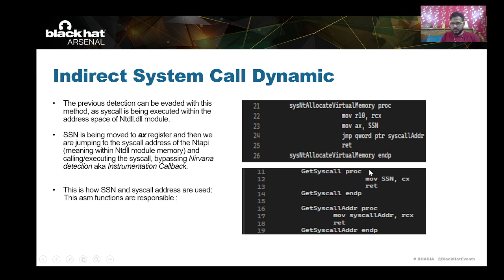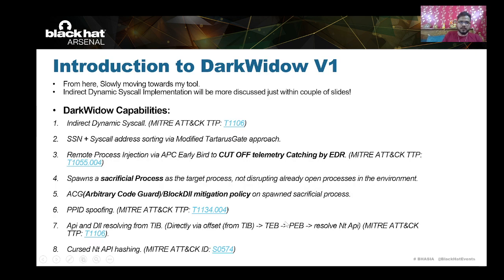So that is it. And this is how the SSNs and syscall address are actually used within the assembly procedure. So here comes my tool called DarkWidow, and the capabilities my DarkWidow tool possesses are indirect dynamic syscall usage, SSN plus syscall address sorting by a modified Tartarus Gate approach, remote process injection via APC Early Bird to cut off EDR telemetry catching by EDR, spawns a sacrificial process as a target process, not actually disrupting already open process in